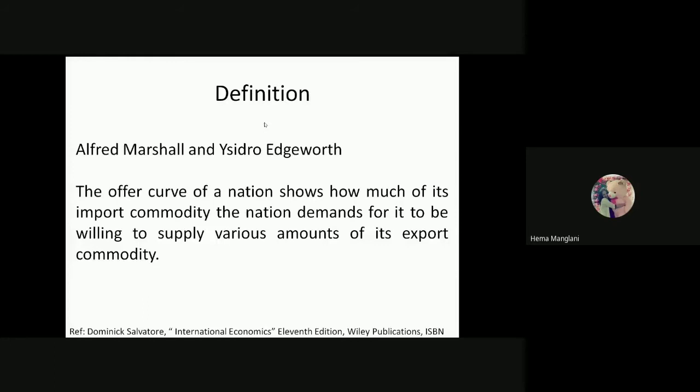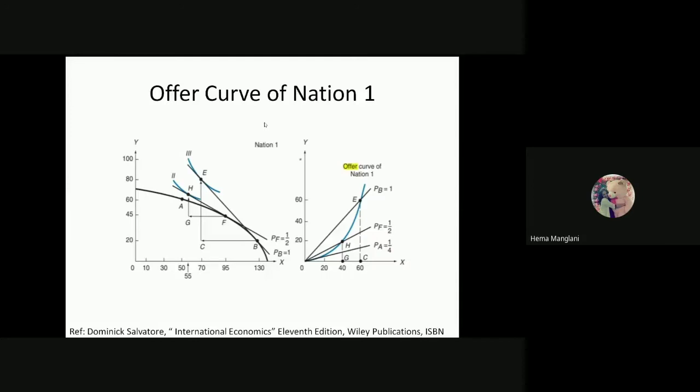The shape of this offer curve may also fluctuate inward and outward, based on their demands. Generally, we say that the offer curve becomes inelastic in further shape, because the fundamentals of the offer curve show that Px by Py for a country, if they are offering the x commodity as an export commodity, should always rise, and that is the encouragement for that country to go further on that curve. Similarly, there is also a hidden assumption that the other country has the demand for this x commodity. That's why this curve would also go as an inelastic curve. So we'll go into detail on this offer curve.